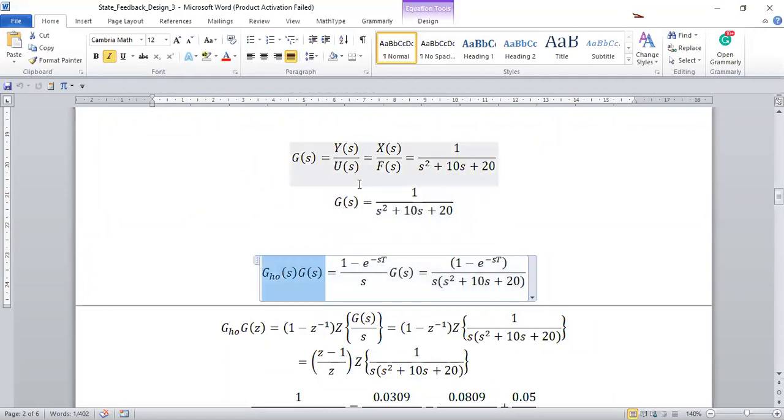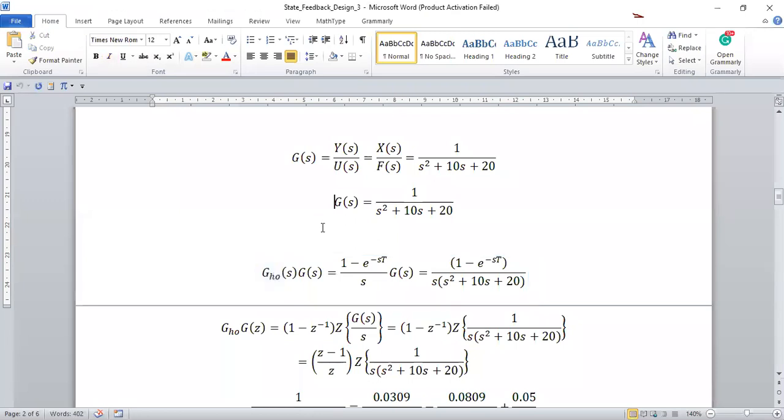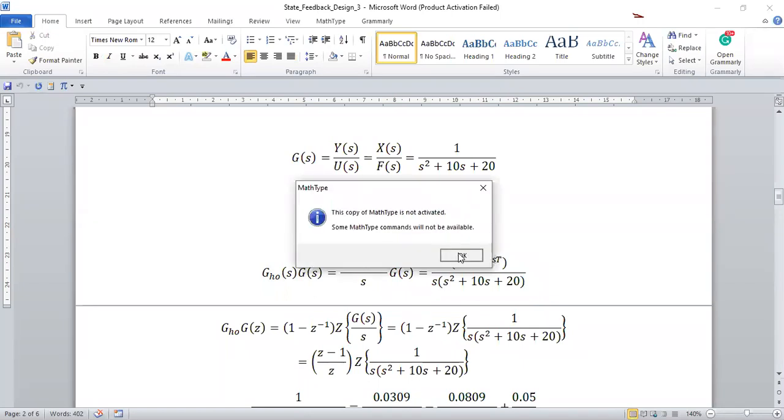So this is the transfer function in the S domain, now including the zero order hold. The transfer function of the zero order hold is given by